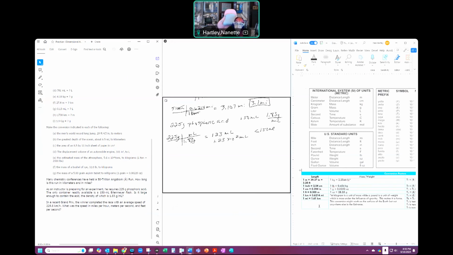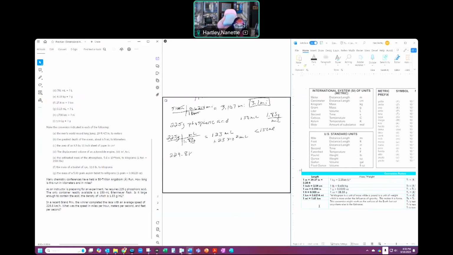Okay. Now understand that I didn't have to use all 3 of those numbers to do this calculation. One was a comparison number. So do I need them all? Yeah, maybe. I mean, it depends. I write them all down just in case I need them. I want to read that once and then work with the numbers that I have without looking at all the English. In a recent Grand Prix, the winner completed the race with an average speed of